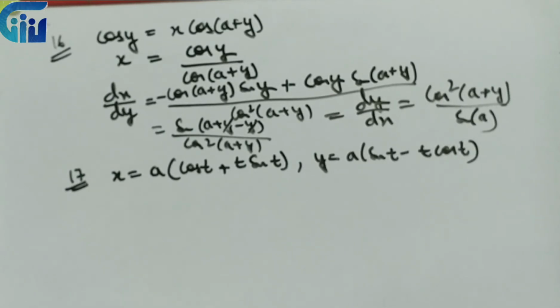Now what is the difference here? We have to find d square y by dx square. And upon checking the board papers also, what I have observed, 95% of students made a mistake in this particular question. I will tell you what the mistake is as well.